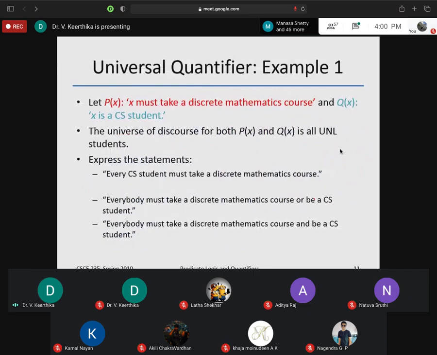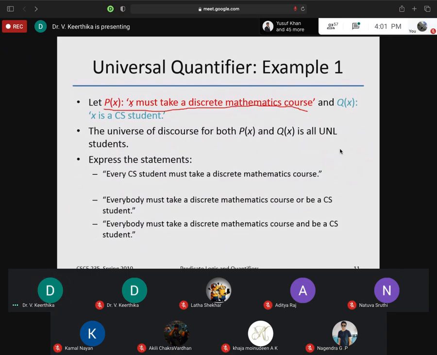Now here I have let P of x be: x must take a discrete mathematics course. So what is this? This is the predicate. So here x must take a discrete mathematics course. So I can say here a CSE student must take a discrete mathematics course.